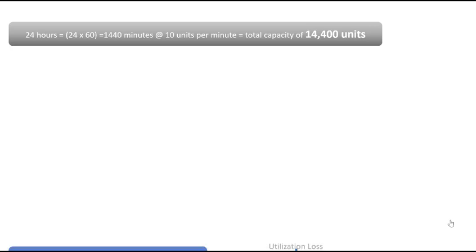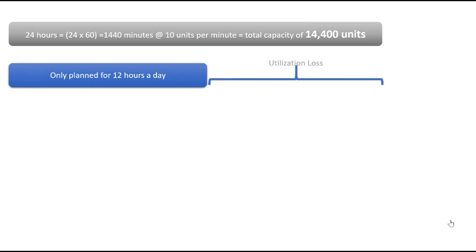The first production loss is utilization loss, where you only plan to run the machine during the day for 12 hours, and you lose the other 12 hours of the day. So you get a utilization rate of 12 over 24, which is 50%. This loss is costly, but not as costly as other losses that we'll be discussing, because there's no extra labor to be paid to produce for the night shift. However, the cost is that management costs and factory overheads have to be spread over only 50% of the used